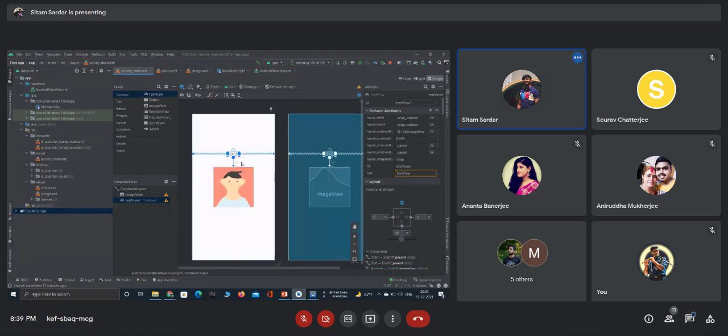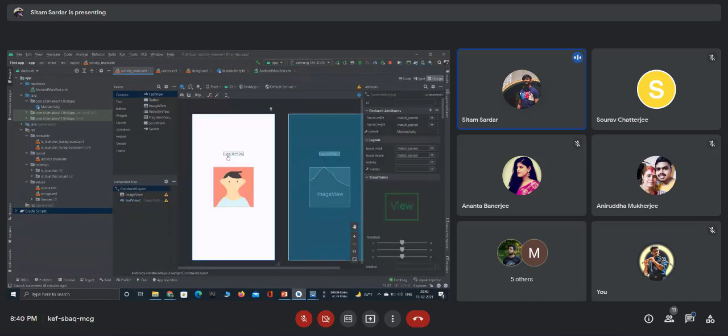Now I have dragged it a little bit up. Now I am changing the text to happy birthday, let's say. Happy birthday. Now the thing is that though I have changed the text to happy birthday, the text is a little bit smaller. Not a little bit, it's too much smaller. Then it means we need to increase our text size.